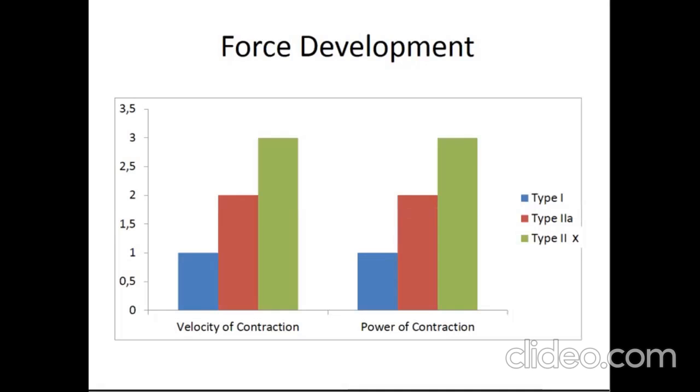This fiber has a faster ability to break down ATP due to fast myosin ATPase, therefore it generates a lot of force and generates it very quickly. And we have our type 2X, which is even faster. So again, this is all about the ability of that myosin head to break down